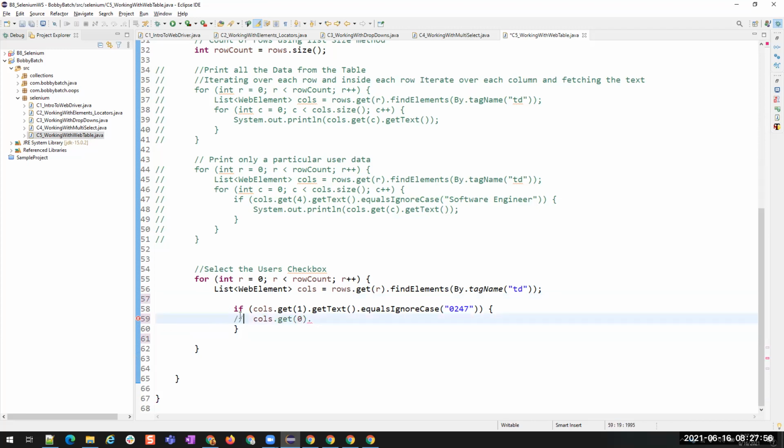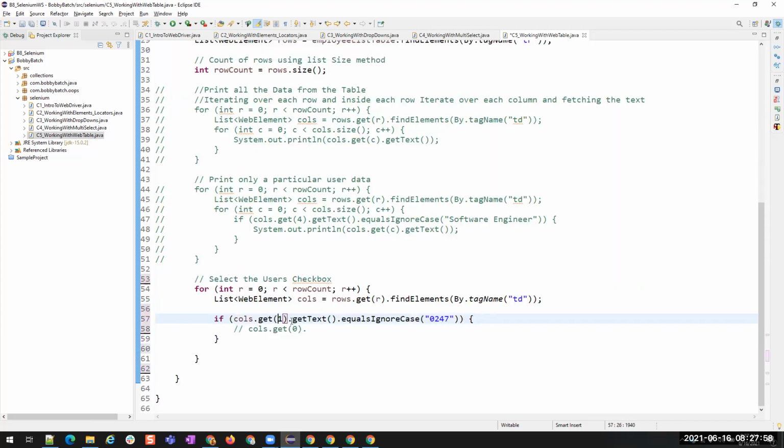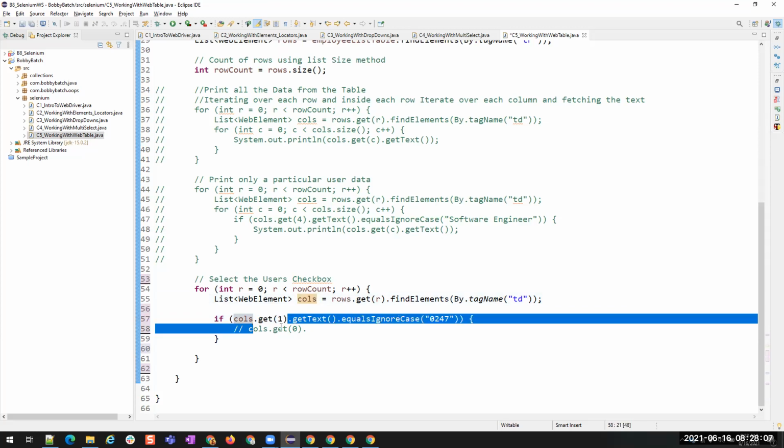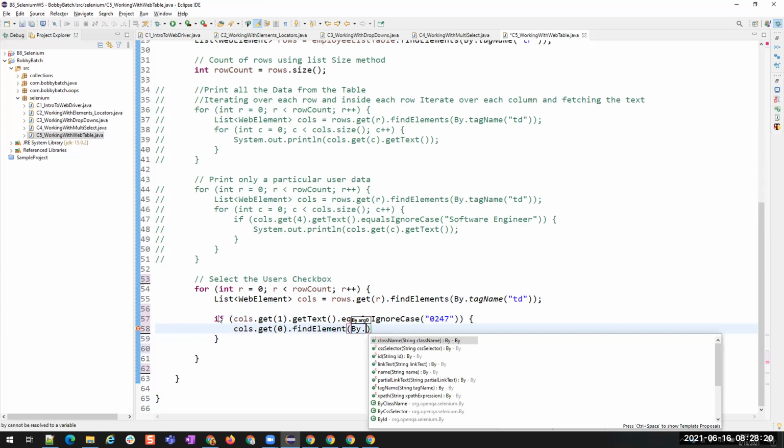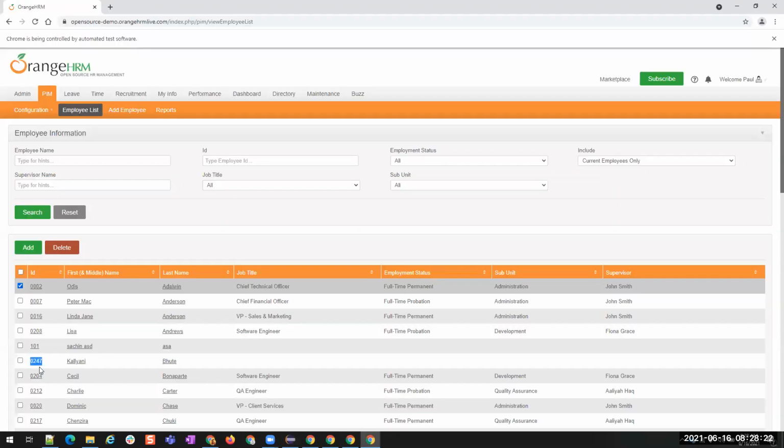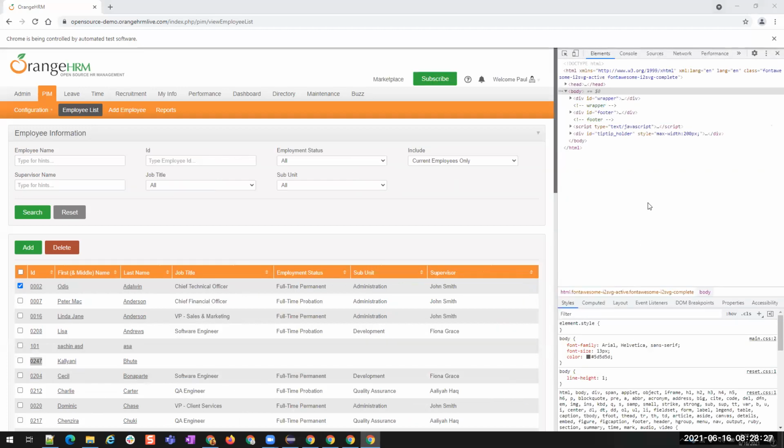I'm going to each row and getting the columns from that row. And if the first column is matching with the ID, then I want to perform the operation on the 0th column. Get of 0 dot find element by dot. We have this checkbox. We have to find this element and then select it, right? Inspect.